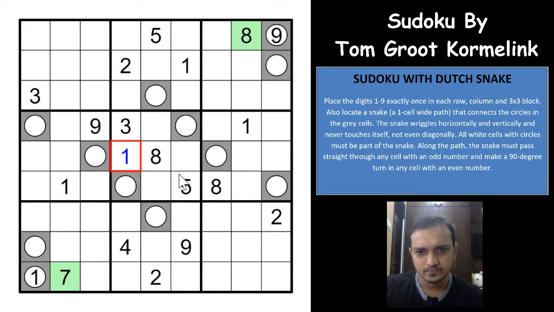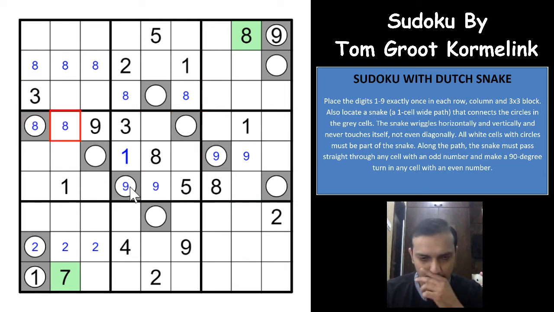So I can see a 1 here that can be placed here. Anything else? I could see a 2 being placed in one of these three cells, and 8 being placed in one of these 2 cells. So 8 would have to be in one of these 3 cells. 9 in this box would have to be in one of these 2 cells. I'm just going fast here with the pencil marks. So there are some basic pencil marks I'm just drawing here. Nothing much complicated for now.